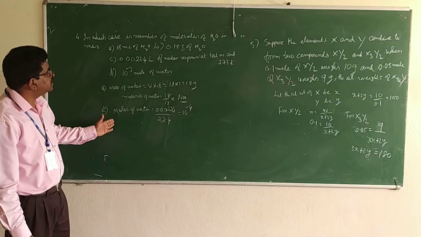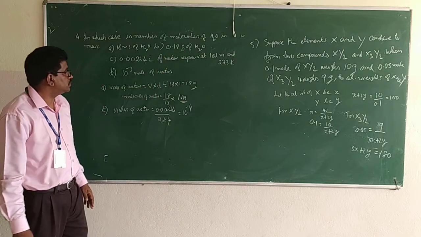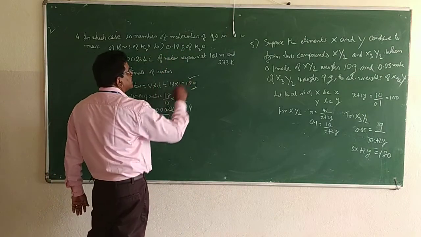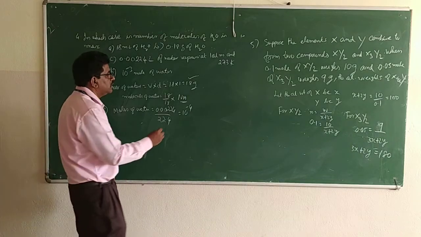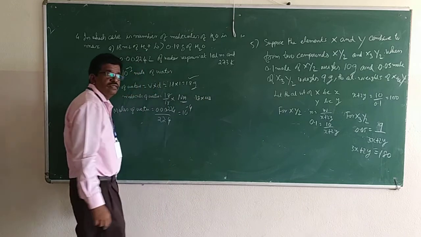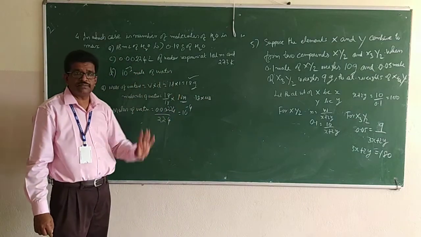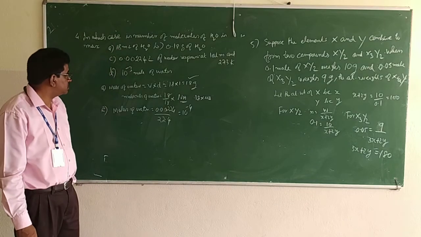The second case, it is directly given 0.18 gram. So here it is 18 gram, and in the second case it is 0.18. Obviously it will be very less because it is 0.18 into NA. So it will be less than this. So when we compare A and B, A will have more number of molecules.